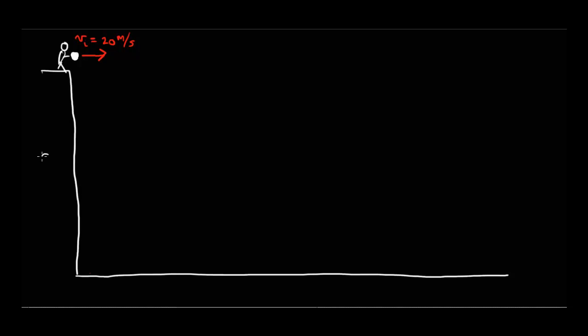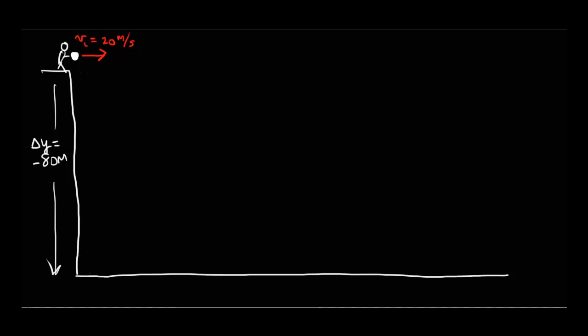Let's say that the cliff is 80 meters high. So this cliff right here is 80 meters high. I'm going to call this delta y. Delta y is 80 meters. In fact, I have to make it negative 80 meters. Since we're going down, I've got to say that delta y, the change in y, is negative 80. And let's go ahead and see if we can calculate how far this object is going to fall